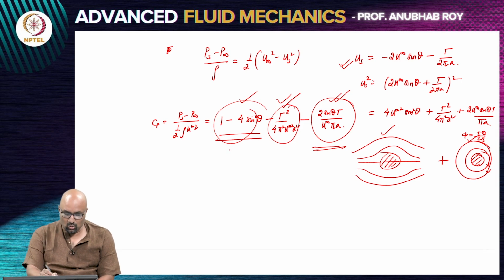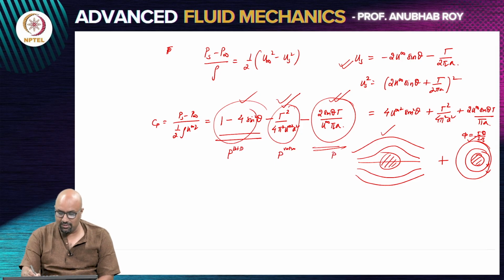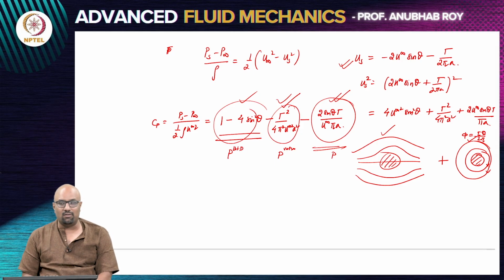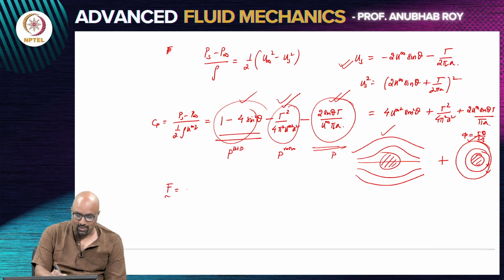So, this is a pressure which is from uniform plus doublet, and this is a pressure from the vortex, the point vortex. This is the pressure which is actually coming because you are solving a nonlinear problem. These are the problems in isolation, but it is the coupling which gives you the additional new term. And the reason why I am beating about this particular point is, now when you are going to calculate the force